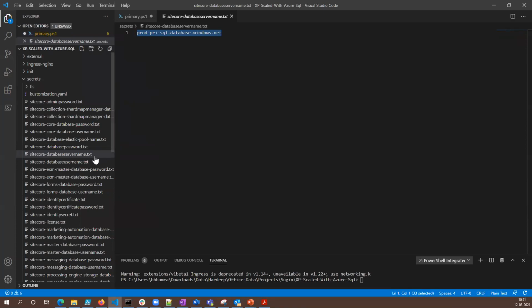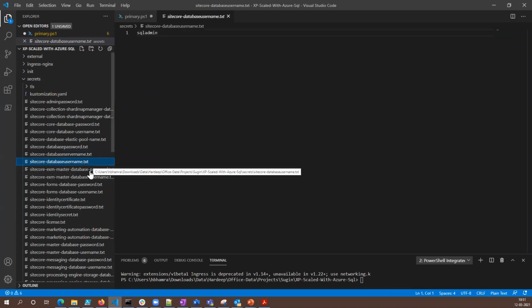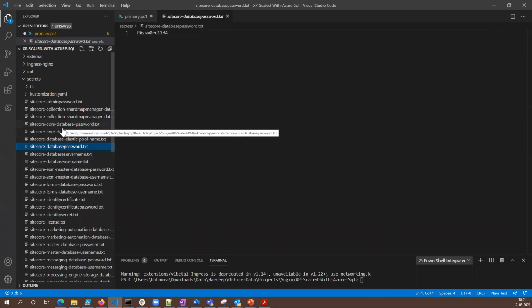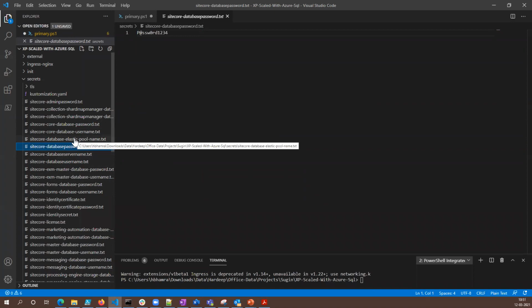What SQL server am I using? What would be the username of it? What is going to be the elastic pool name? And what is the password? So remember, when you are creating the Azure SQL as a service in the backend, there are certain secrets that you have to update and push.